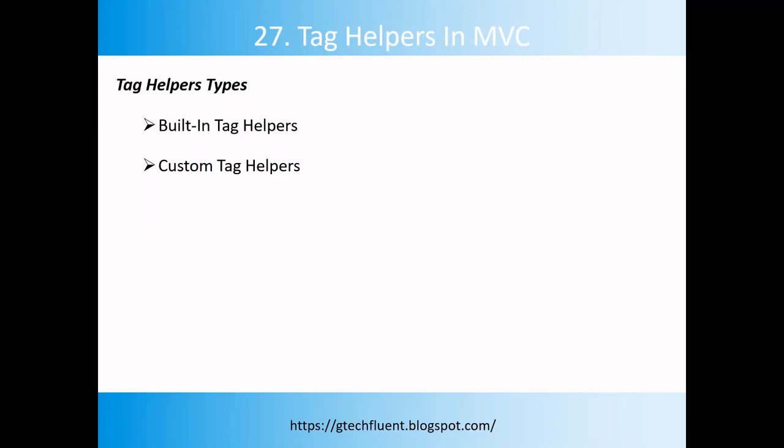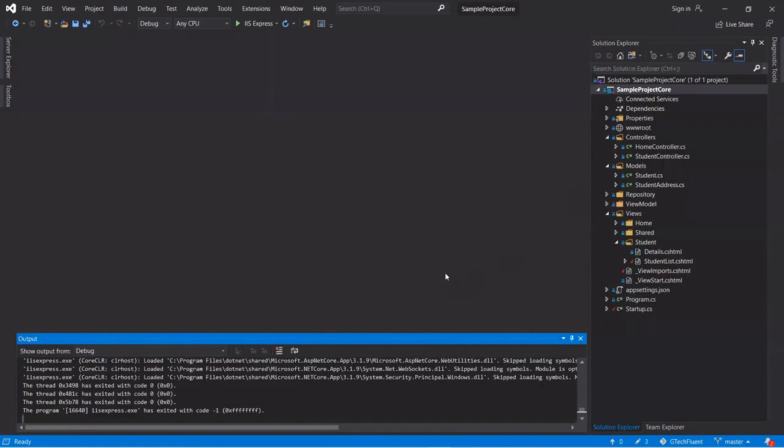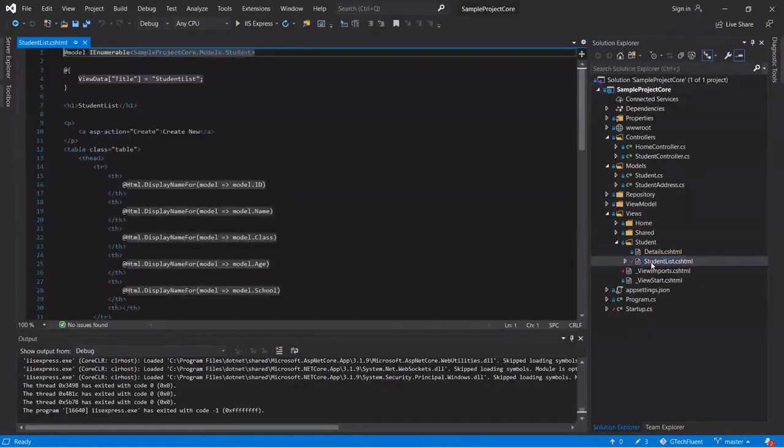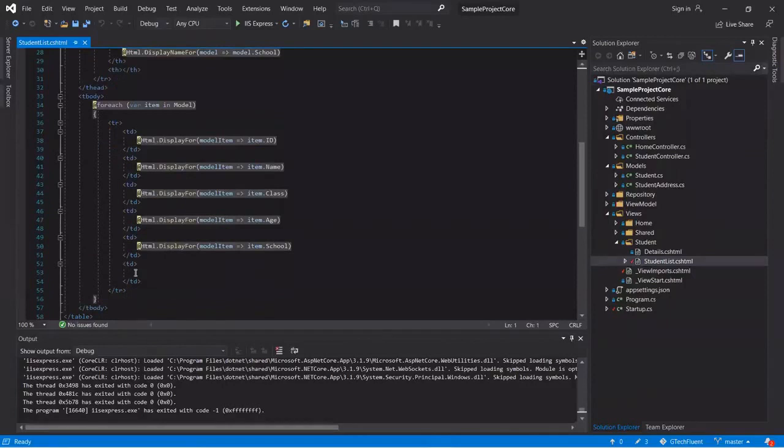In this video, we'll discuss built-in tag helpers and we'll see an example of creating the HTML link in our application. So let's switch to Visual Studio and see the example of the tag helpers. We are in the project which we have created for this video tutorial series. As of now, we have implemented the details view to display the student information data by the ID and the student list view to display the list of all the students. Now let's take an example to add a link into the list view. Let's go to the student list view and we need a link here, and when we click on that link we need to redirect to the details view.